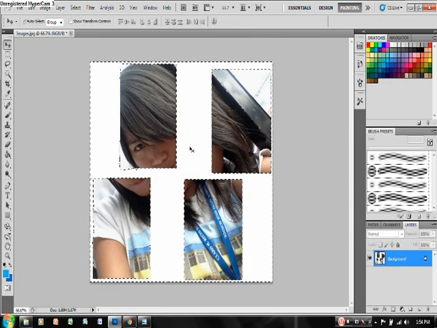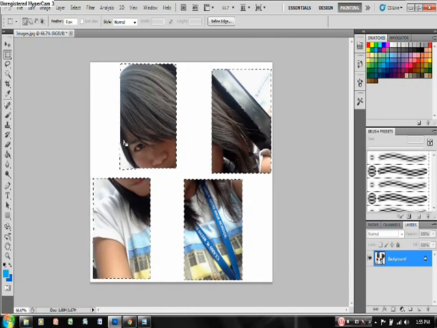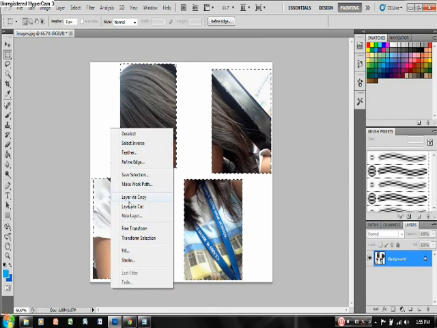Then okay, let us do again. The next step is to click the mouse tool, then click the select inverse. Okay, the select inverse only highlighted the original pieces of the picture. Then select the layer via cut.